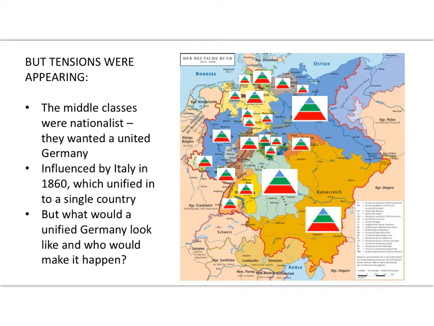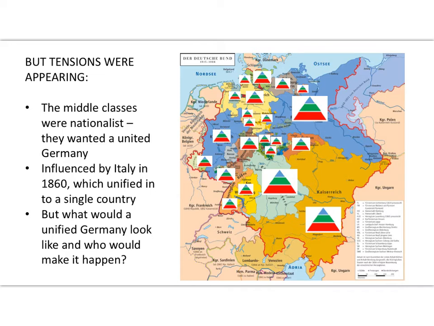It would make trade much easier. Having 38 separate states, if you're the middle classes in one small tiny state, it was very difficult to really build up much prosperity. So the middle classes were very much in favour of the 38 states merging together to